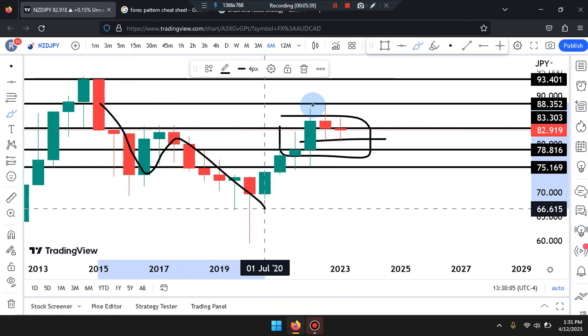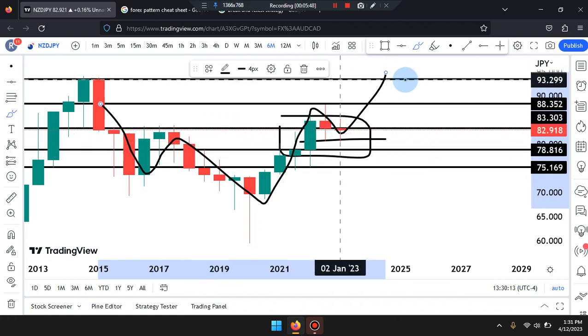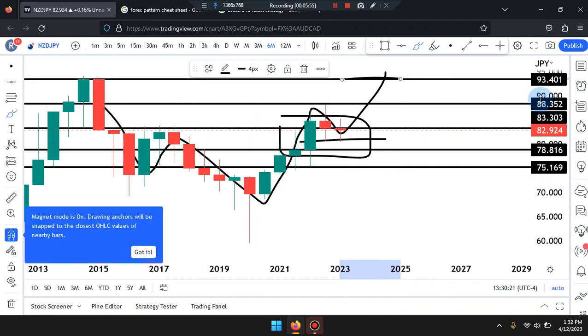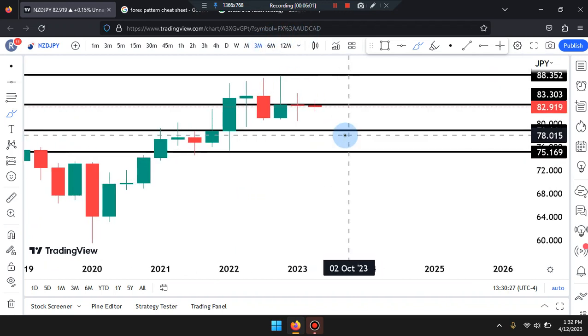third. Market pushed up, overall retest with the price in second, and then we're looking for a bullish green candle to push up out of that area and create that double bottom and retest, and price can head back up to the previous numbers of the highs at 93.401. Walking down to the 3-month time frame, so price action on the 3-month time frame reading as a bearish red doji cross,